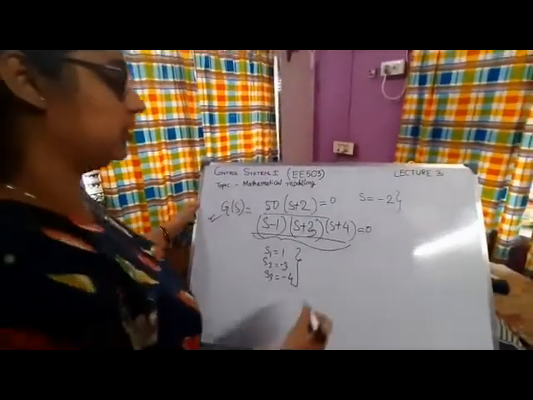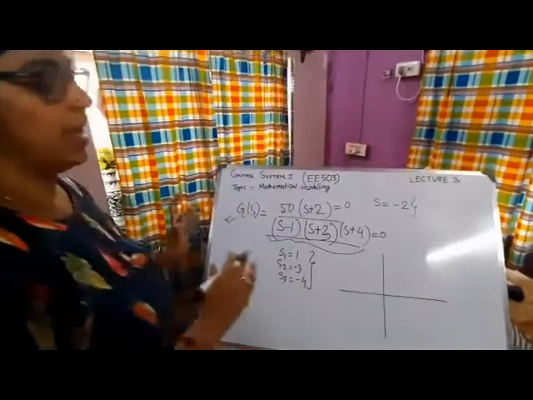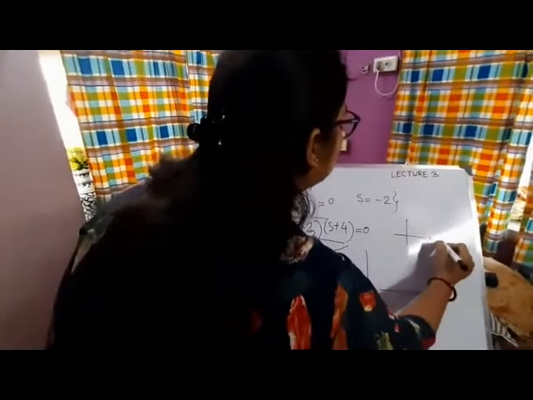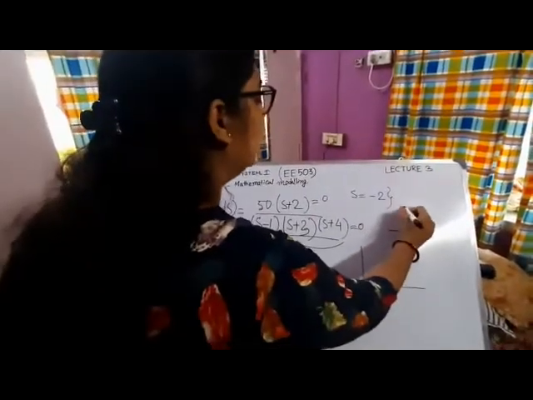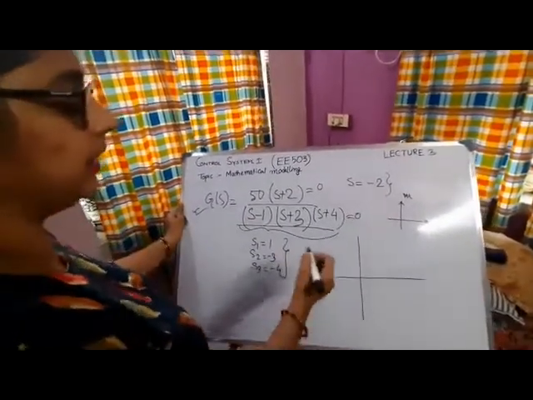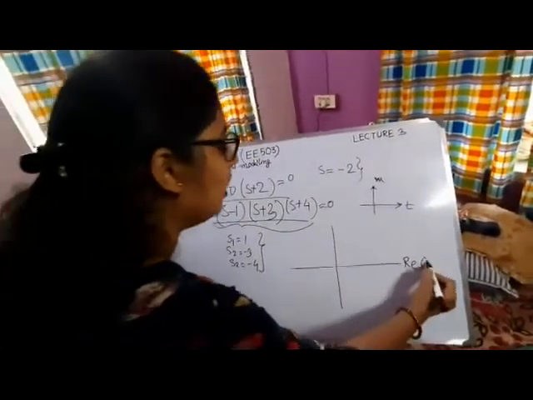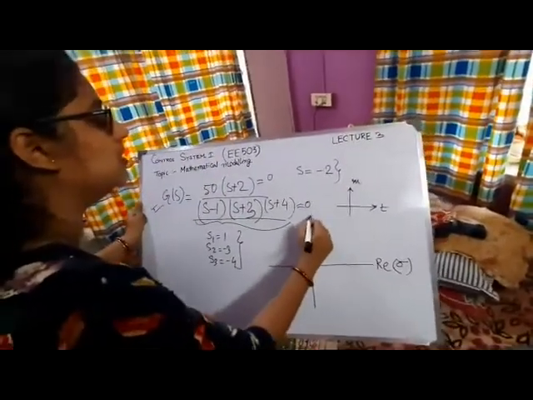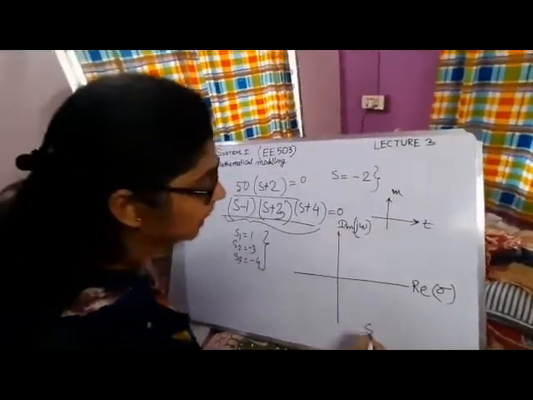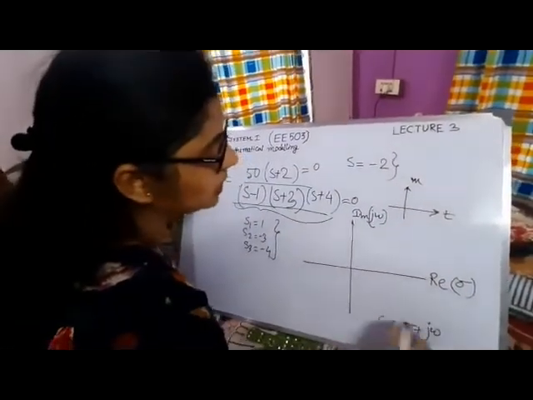Next is the pole-zero representation. So how can we represent the poles? Now in time domain, generally we use this axis as the time and this one as the amplitude or the magnitude. And here in s domain, this axis is known as the real axis or sigma, and this one is the imaginary axis, j omega. That means s is equal to sigma, that is the real part, plus j omega, that is the imaginary part of the system.